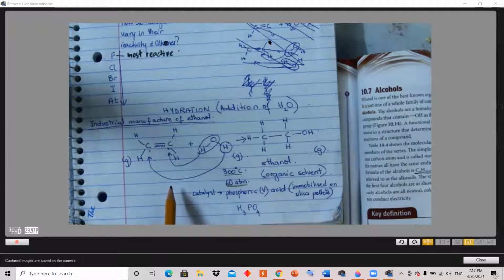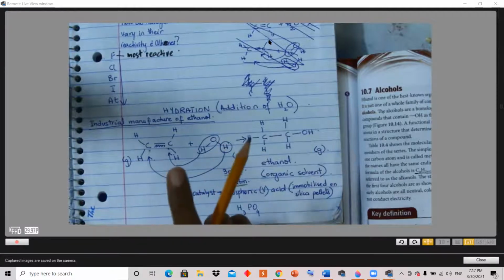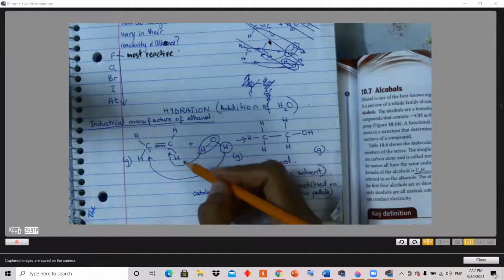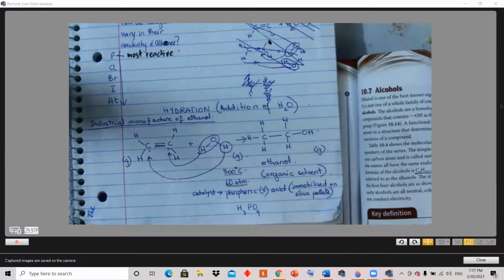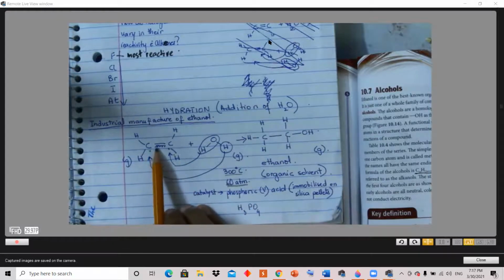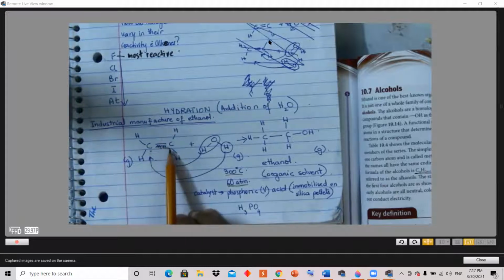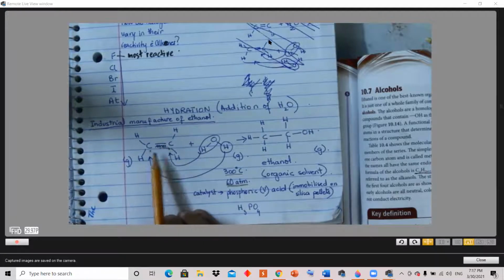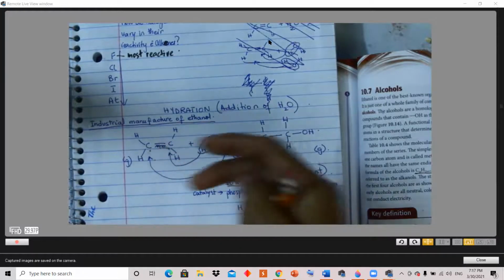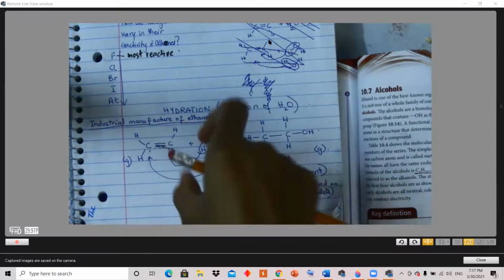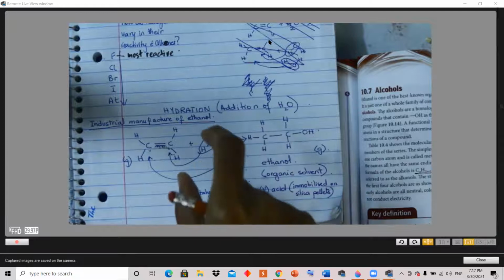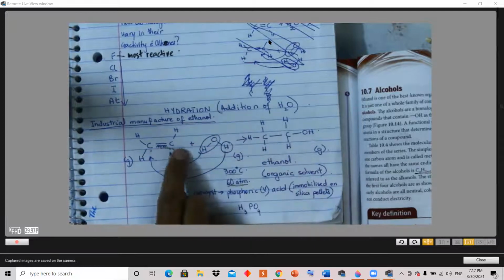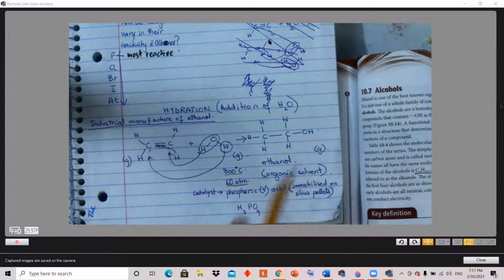Okay. Now, don't make the mistake of attaching, always remember that when you break this bond, you have one lone electron on the 2 carbon atoms that were involved in the double bond. Don't add the new atoms on the same carbon atom, but on the 2 carbon atoms which are involved in the double bond. Just don't make that mistake.